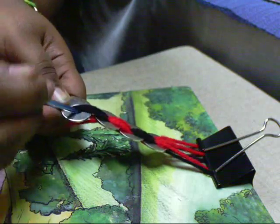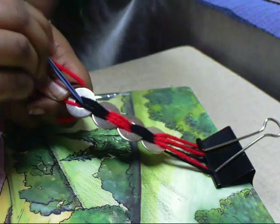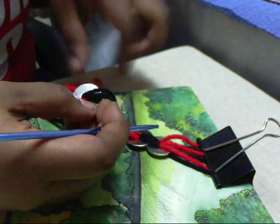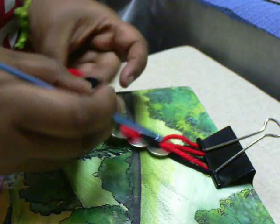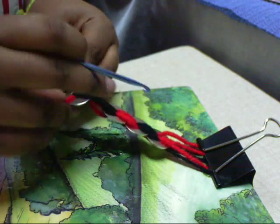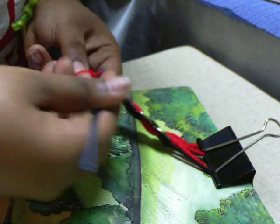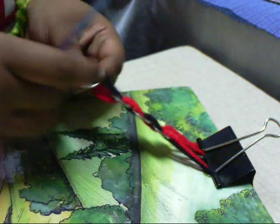The yarn or twine or string that you use doesn't really make a difference either, just as long as it's something where you're not using too many strands that you can't get them all through the washer, because it's, oh, look at that, I screwed up. Because it gets difficult after a while putting a billion strands through this tiny little hole. And like I said, don't worry about getting it all right on the first try, because it gets a little bit tricky. My yarn likes to separate, apparently,